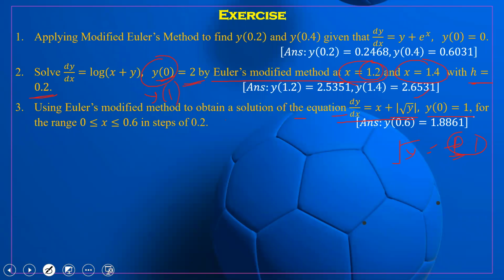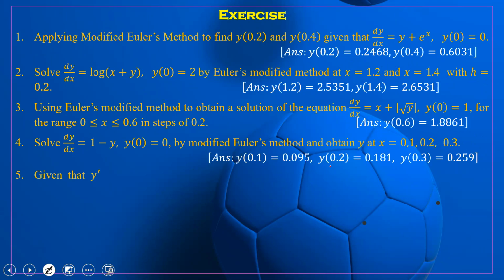y of 0 equal to 1. And then find the value of y with the step size 0.02 up to 0.6. So now we again calculate the value of y at 0.02, the value of y at 0.4 and the value of y at 0.6. So now we use the 3 steps. Now here we again use 0.1, 0.2, 0.3. What is the value of h? h is equal to 0.1.